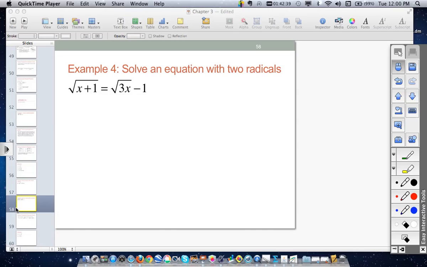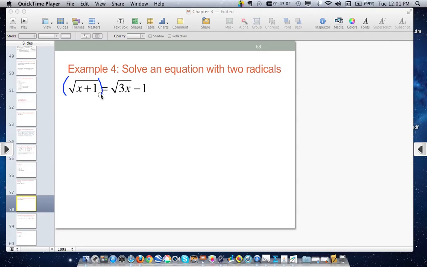All right, but I did warn you that the questions were going to get a little more complicated. So let's take a look at what happens when we have radicals on both sides of the equation. We already know that in order to get rid of a radical sign, we have to take the square of it, or if it was a cube root, we take the cube of it. So we're going to do the same thing. We're going to go ahead and square both sides